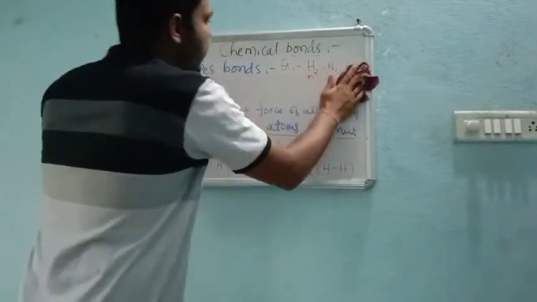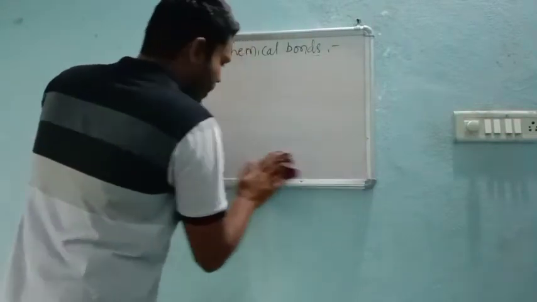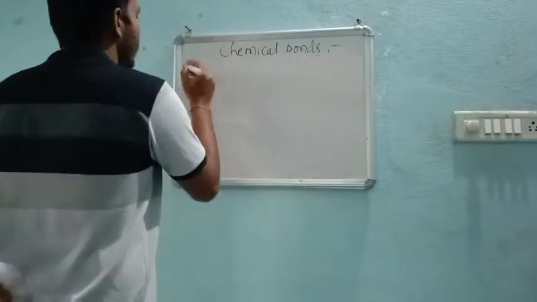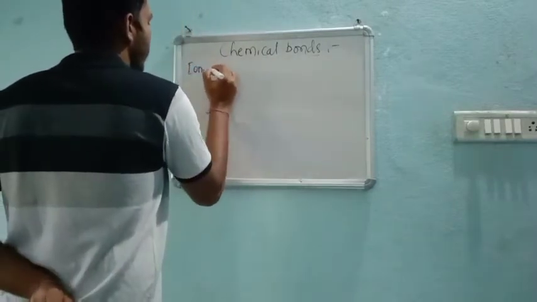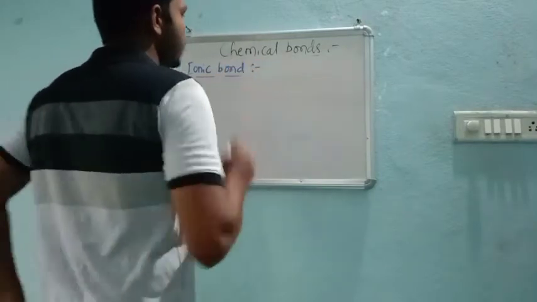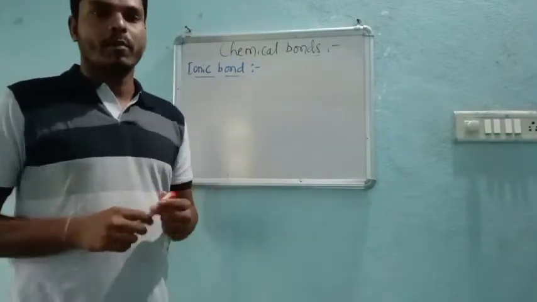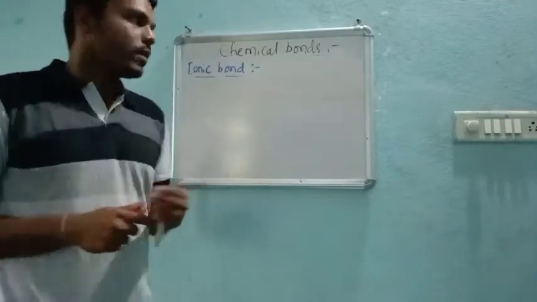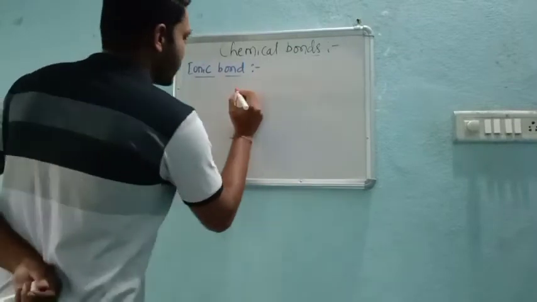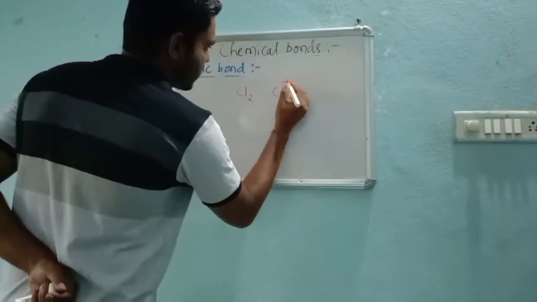The next type of bond is the ionic bond. This is very important and you can understand it very easily, right? So, ionic bond. Before going to the ionic bond definition, we should have a glance at what ions are. Here I will show you two species, Cl2 and Cl minus,